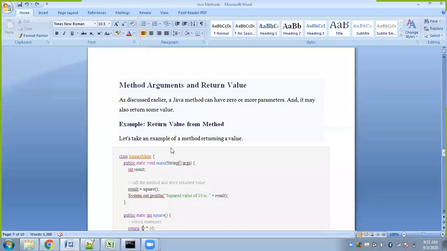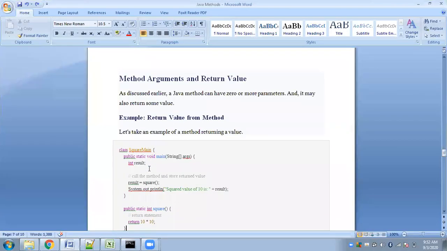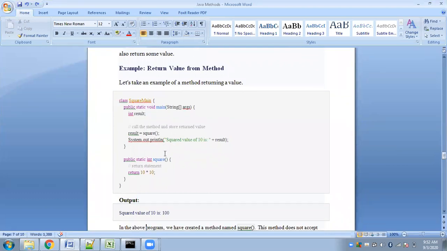You know, it is very much like the other functions that you use in C. Okay, so here see we have an example, square main. Here what you are to do is calculate the square of a number. Fine. So here we have taken a variable result. Okay, and then you have a function square. Okay, so this is your square function. Okay, Kritika, as you can see, again I have used this square function inside the same class. Okay, and we have used the keyword static, meaning main can directly access it without having to create objects. Fine.